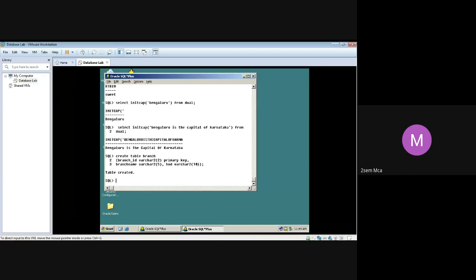Right. I think most of you have finished. Yes. Let's go to the next table. First, let's finish off with the creation, then we'll go into insertion. Right now, we are not going to insert anything. In total, how many tables do we have to create? We have to create 5 tables: branch, student, book, author, and borrow. These are the 5 tables that we have to create.